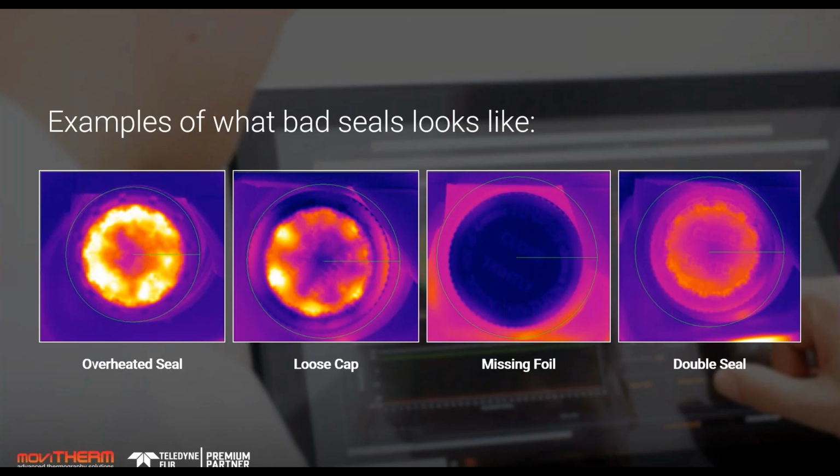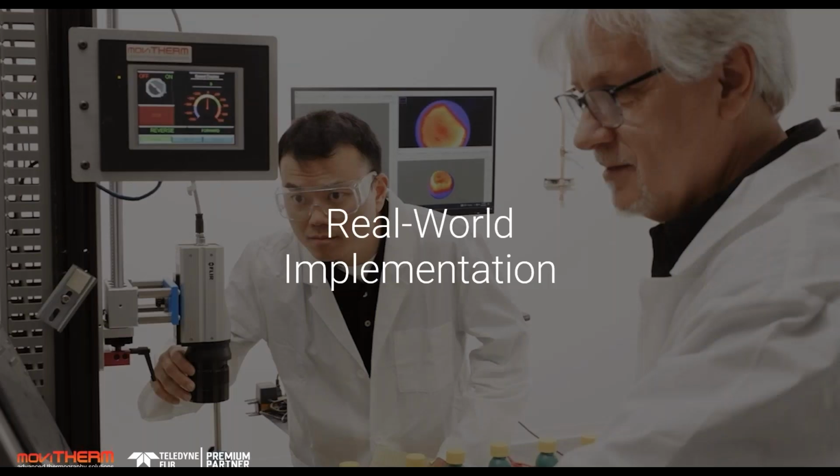Okay. Yeah, I mean, it seems like these inspection systems provide a lot of information, but I think in most people's minds, they're really only useful if they can actually get them to work in their real world production line. So why don't we shift gears a little bit again and talk about some of the logistics that customers have to consider when they want to implement one of the moviTHERM